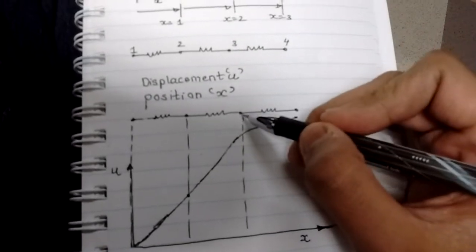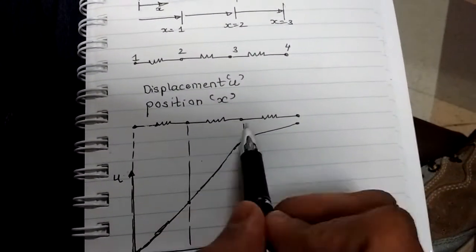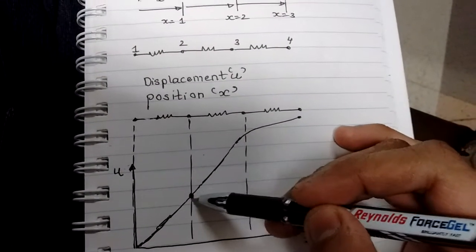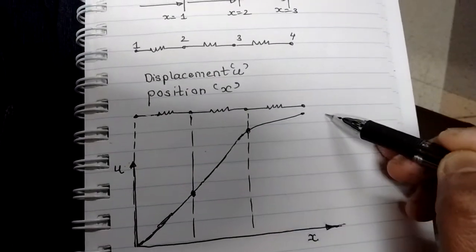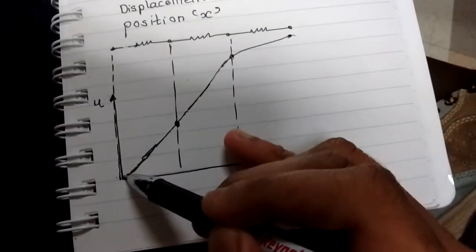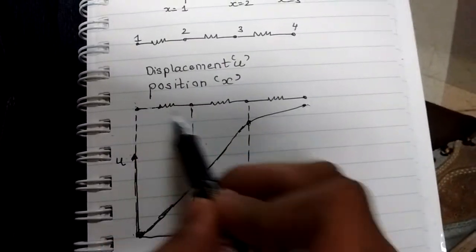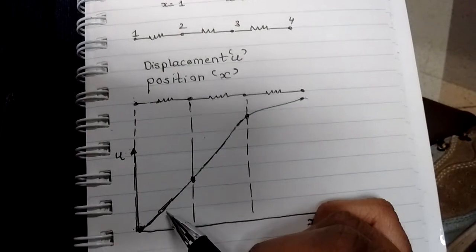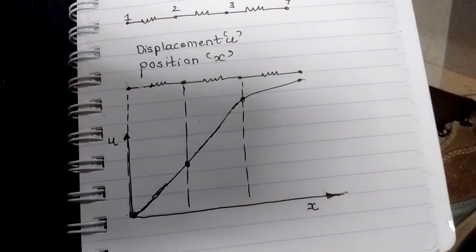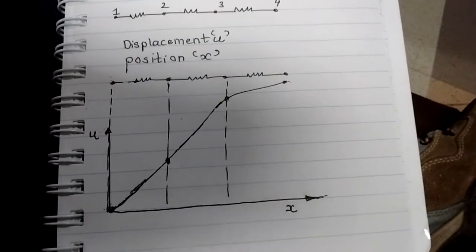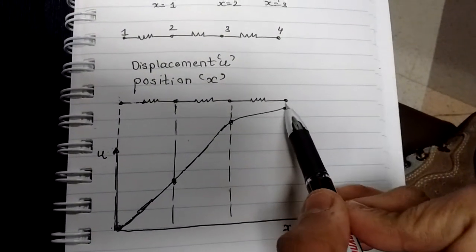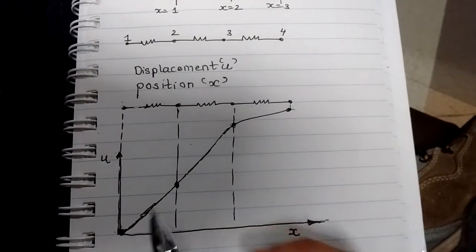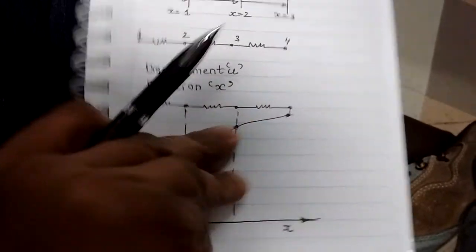What FEM does is, when we divide this into 3 elements, the software will find the values only at the node points, that is this point, this point, this point, and the first point. So there are four nodes, 1, 2, 3 and 4, and the software cannot actually get an exact solution, but rather it will try to approximate. It will find the exact values at the nodal points, and then it will try to interpolate.